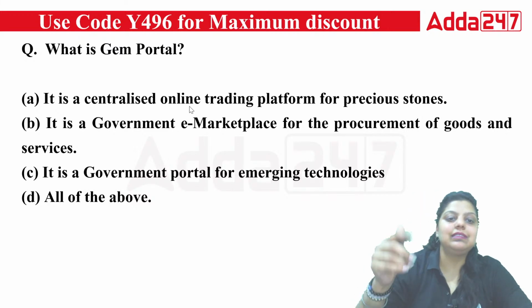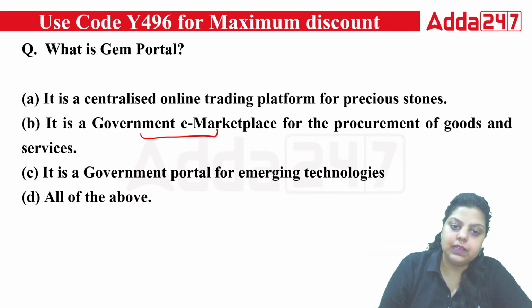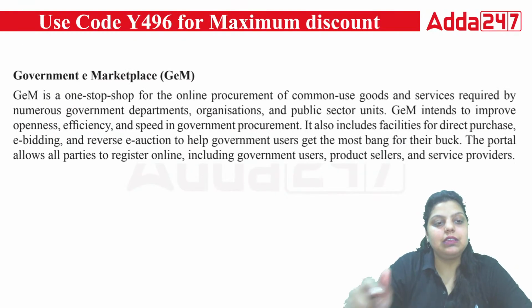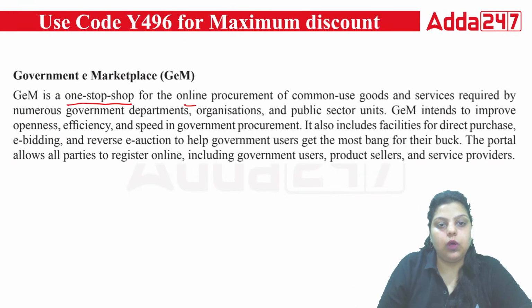Okay, so the right answer is the Government e-Marketplace, for the procurement of goods and services. So the right answer will be B. Very good. So the right answer is B, and you can see the GeM is a one-stop shop for online procurement of